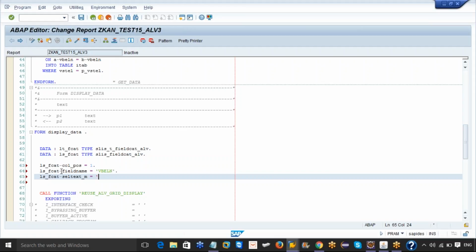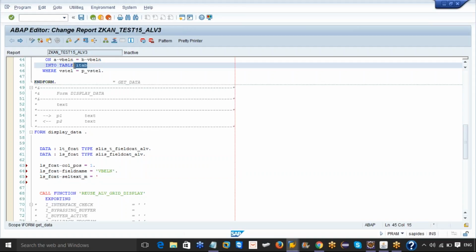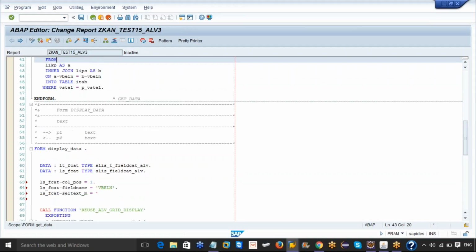ITAB has several columns, several fields. For each and every field, we are saying this is your column position, this is your field name, this is your column heading, and so on. In my ITAB, the first field is